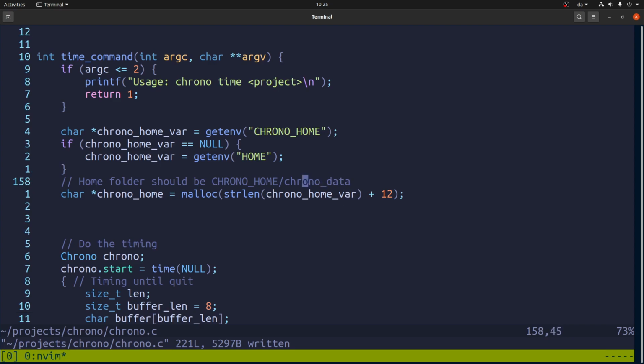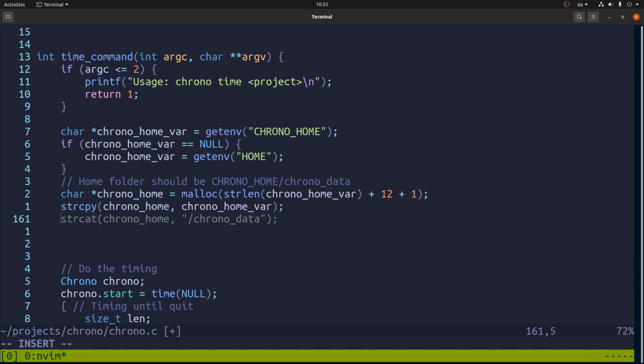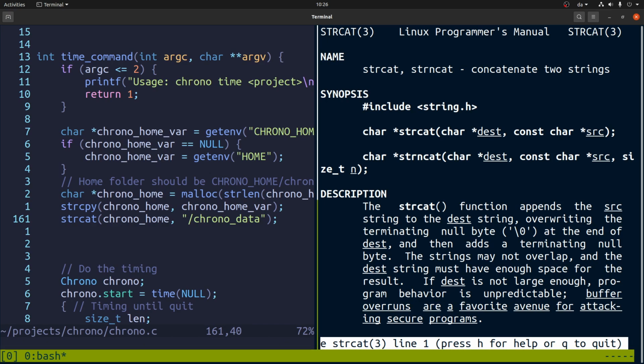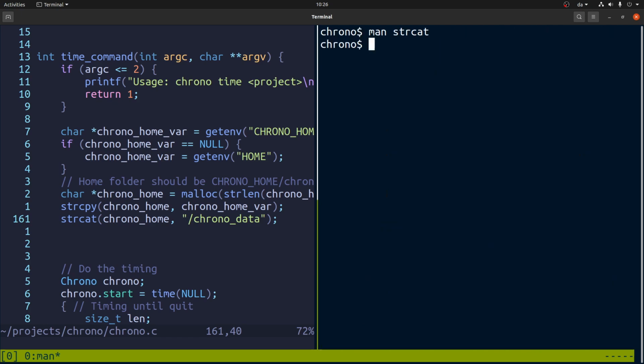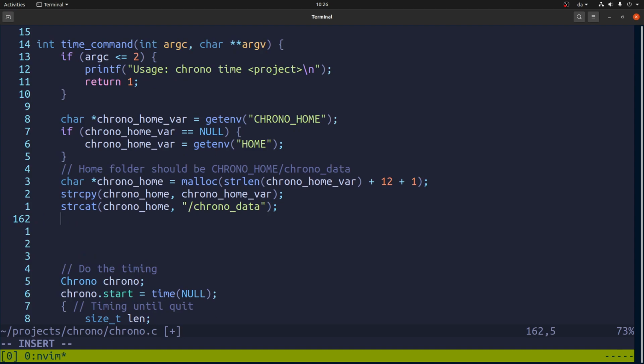I think we need one more for the end. So we'll copy that stuff in. And there's also something called strcat. I didn't know about that, but it makes a lot of sense. So we concatenate that thing in, and now I guess the end should be